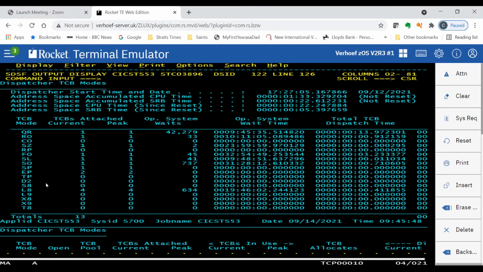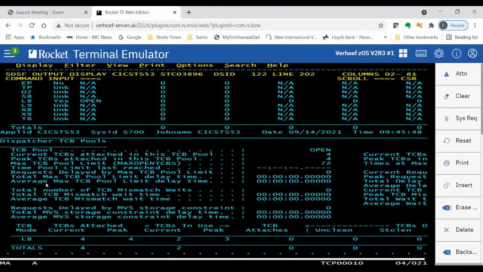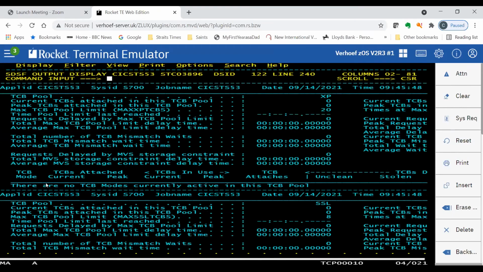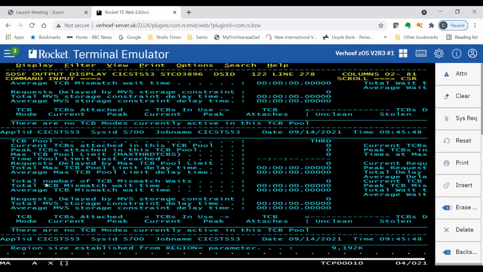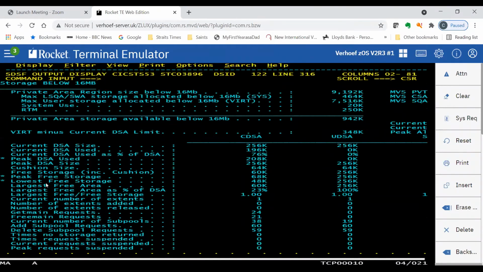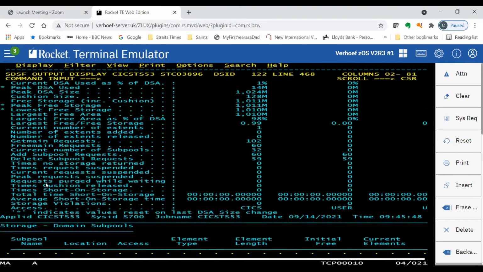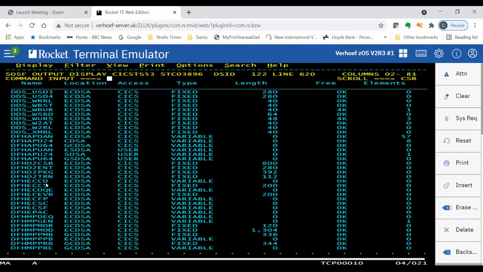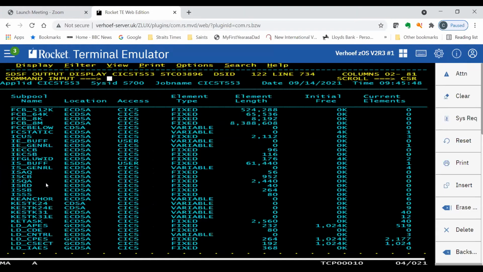Okay, so while I'm here, I just wanted to give you some of those areas of concern. As you go down and look at some of these areas, you can see what areas are being used for the TCB, and you can see the private storage areas being used below the 16 meg line. Okay, so this is what we see here, and then we come on down. The default stat transaction program will not do file the way it comes supplied. It will not do LSR pools, and it won't do connections.